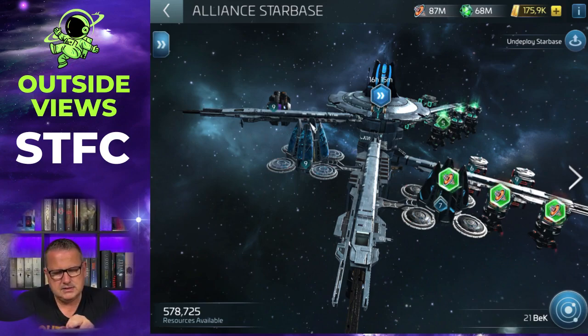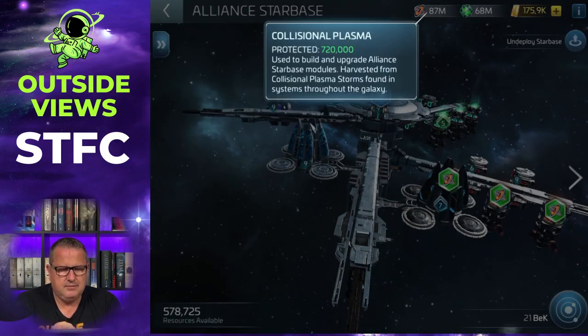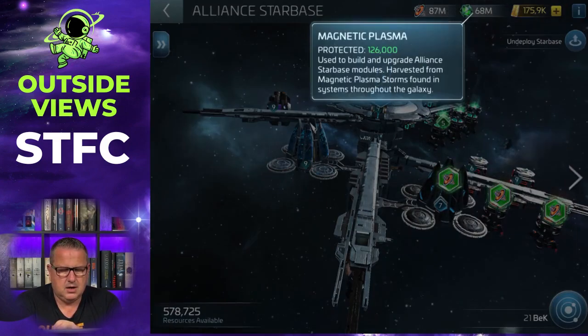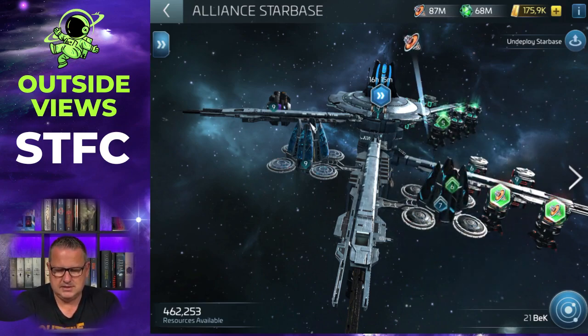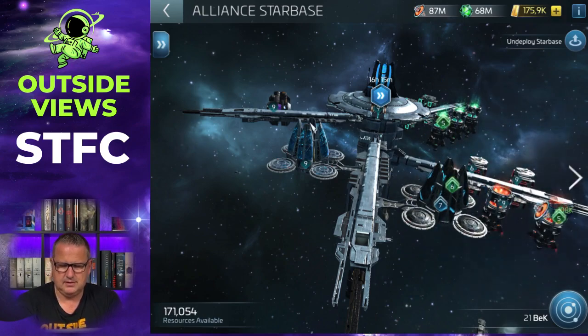You can harvest, depending on the level, collisional plasma or magnetic plasma, and with that you can build stuff on the STARBASE that gives buffs to the Alliance. I quickly have to collect it, although my STARBASE Commodore will kill me for interfering, but the collectors are full, and for that you need to manually collect the stuff when it's full, so it starts collecting again. I hope it does. Otherwise we have to switch places, because to collect this stuff,